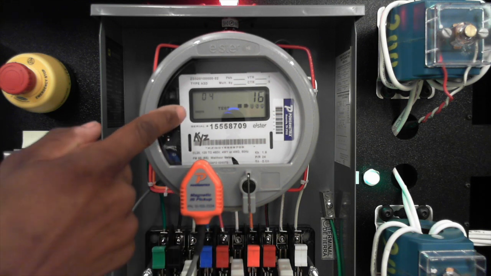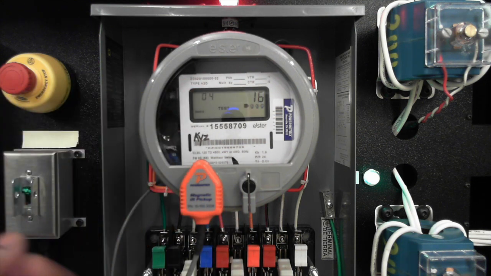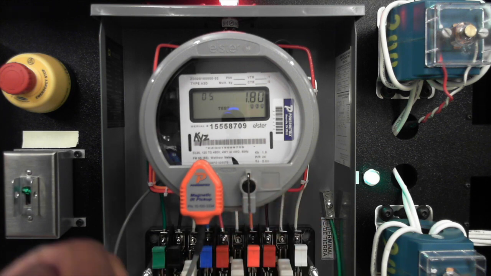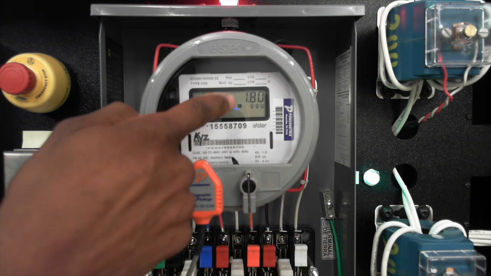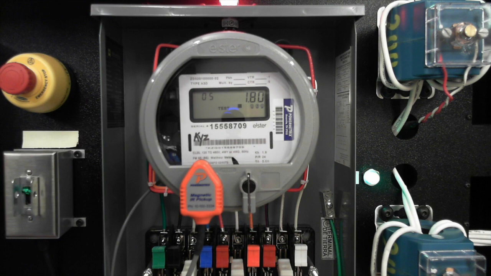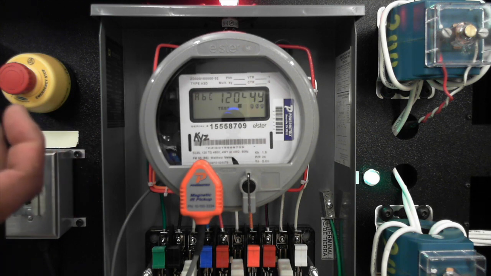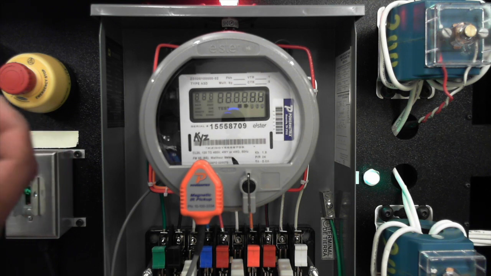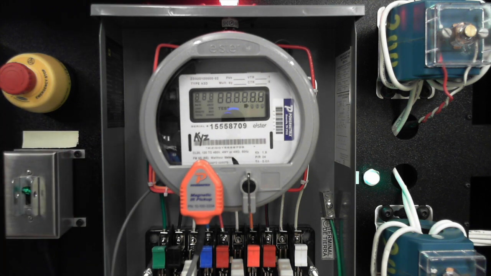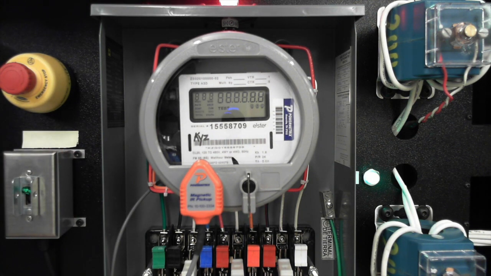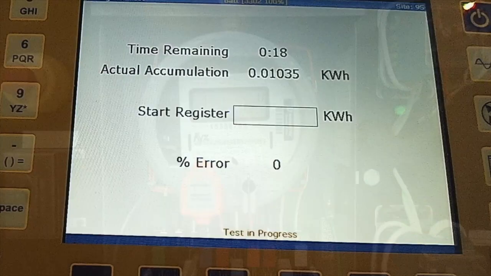And of course, I forgot to mention that that's the number of resets when I actually hit this reset button here. And that 1.8 right there, I just programmed into the meter to show that it does have a 1.8 Kh value inside the meter. So it's a pretty good little programming thing there. All right, so the actual accumulation right now,